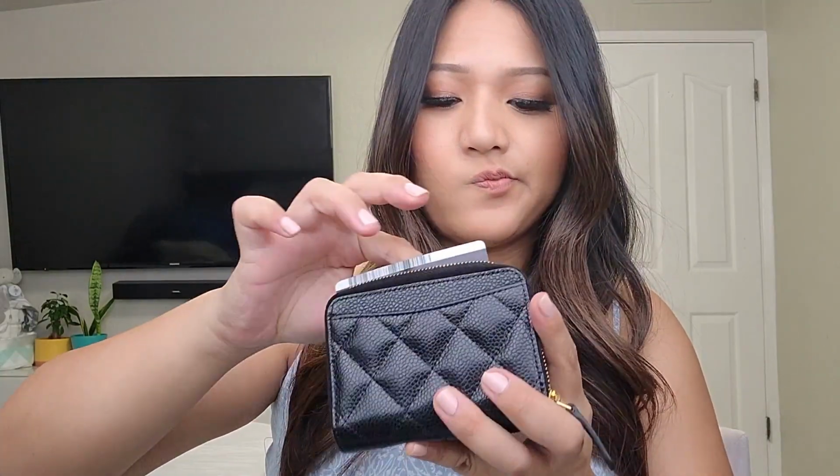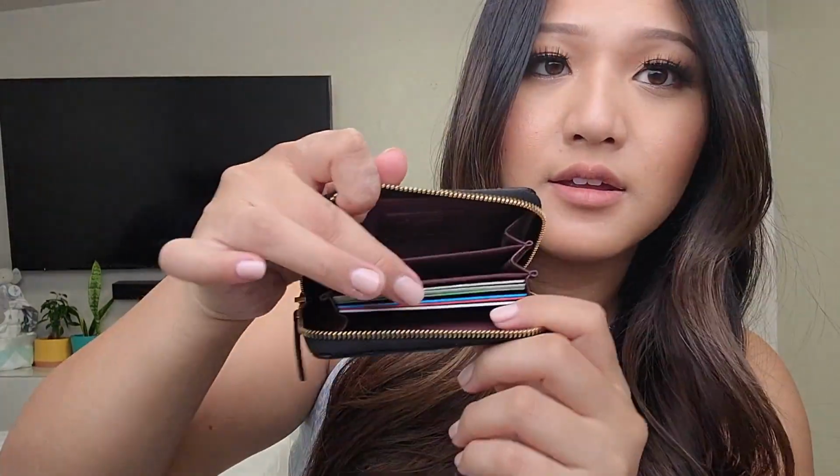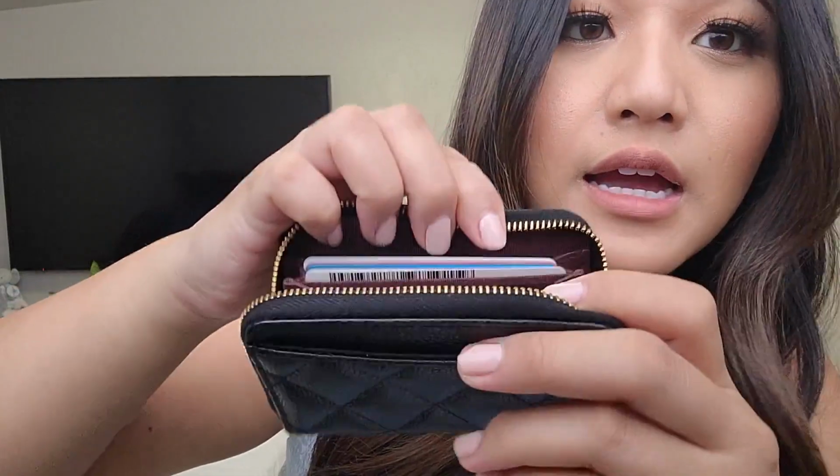I'll just put it, okay, just put that there. So it's a little hard to fit all of my cards in here. You can tell it's a little stuffed, I would say. I mean, it's not that stuffed, but it wouldn't go down all the way, so it kind of pops out like that. Cash. I do use cash now. Let's see how much I have. 10, 20, 25, 1, 2, 3, 4, 5. So I have $25. And then,